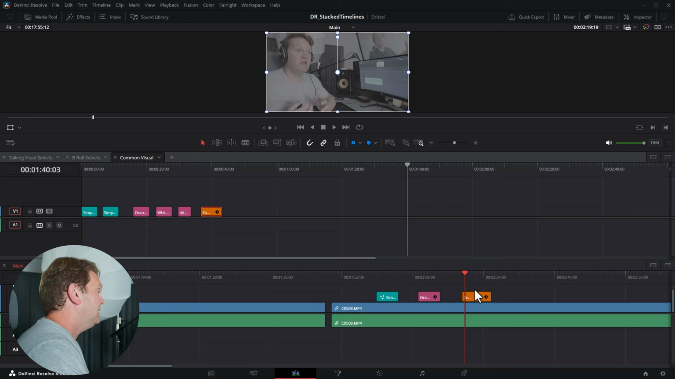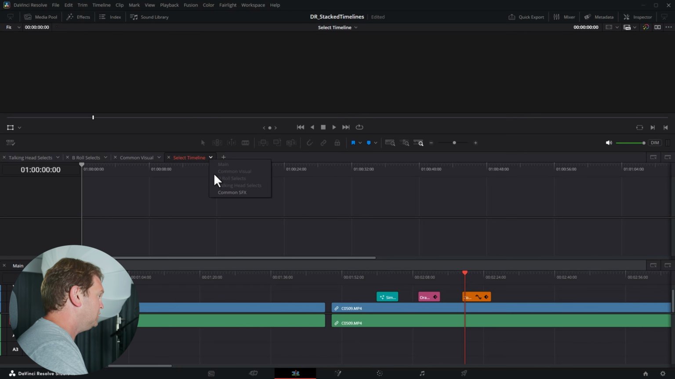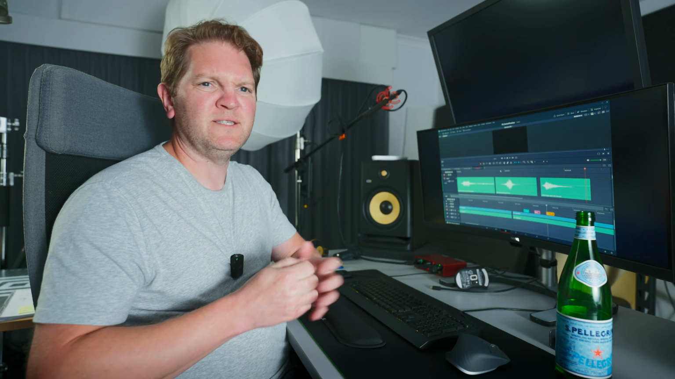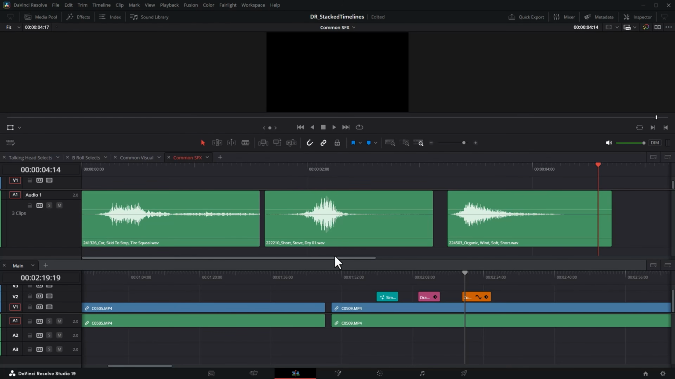But that's not all. You can also apply this to sound effects and music. Let me go and open a new tab at the top, and I'm going to select Common Sound Effects. Now I can add any sound effects that I often use, like swooshes, whooshes, swishes or swashes, by simply dragging them down